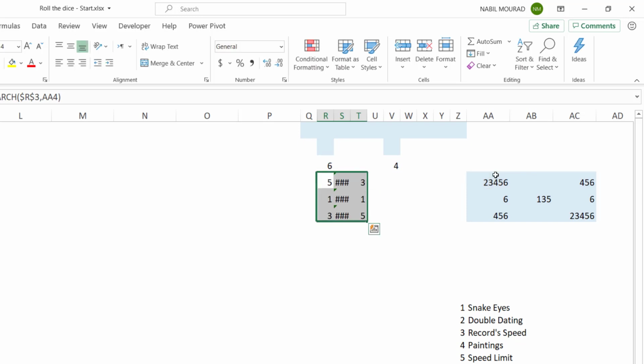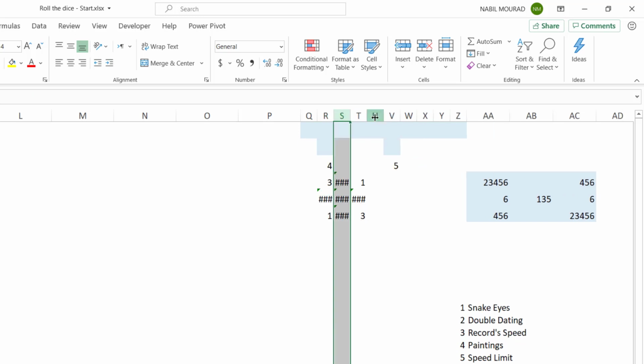My search function returns the position of the number in the corresponding cell from AA4 to AC6, but if it doesn't find it, then it will be returning a value error. Here, when you see these numbers signed, these are the value errors. This is a value error. I'll hit Ctrl Z. I want to convert the number and value error into trues and false, and that requires